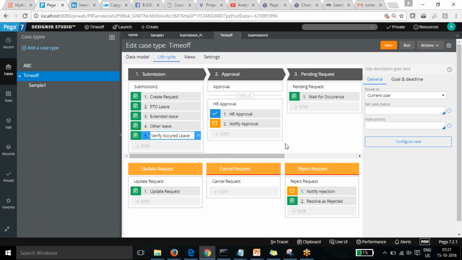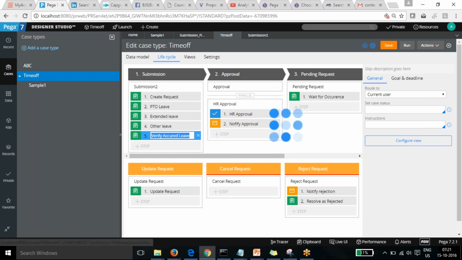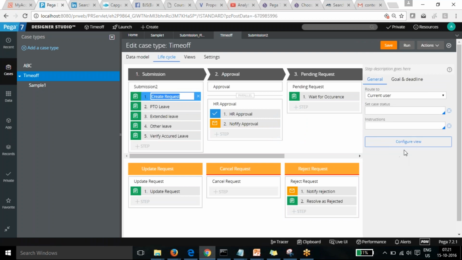So now I've changed it this way. Now if you can see, you are in the create request. You can see the option of configure view. In a multi-step process, if it's converted to that, this option will not be there. In a multi-step process, we need to do the data modeling and UI designing from our end. When we are designing in the single step, we click onto that and it will open the data model view for us.